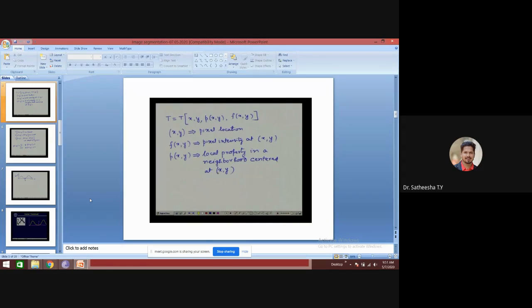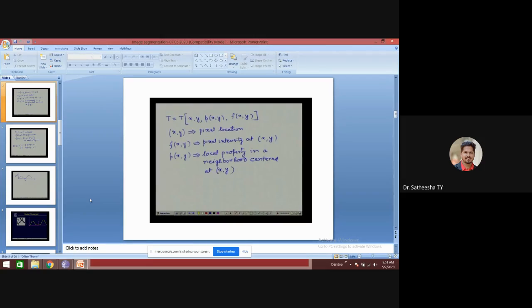So in general, this threshold t can be a function of the pixel location, the pixel value, as well as the local property within the neighborhood around a pixel location. So any combination of these three, that is pixel location, pixel value and neighborhood property, can be used.